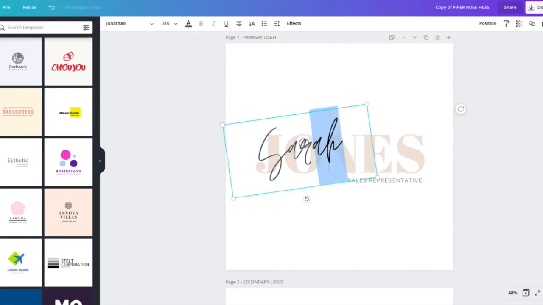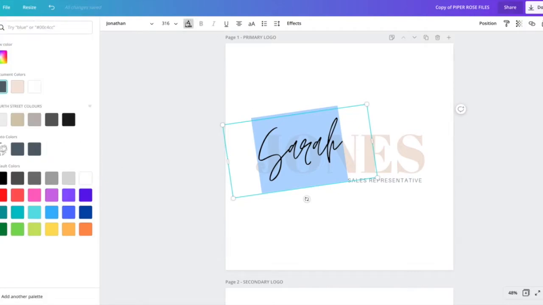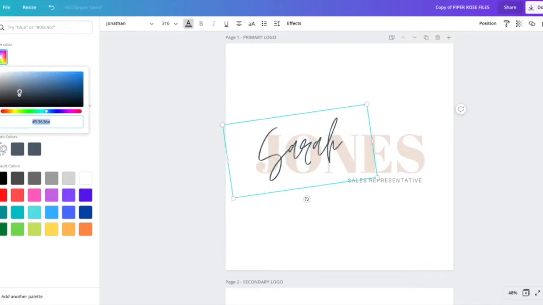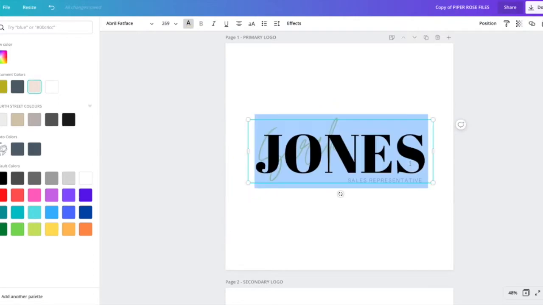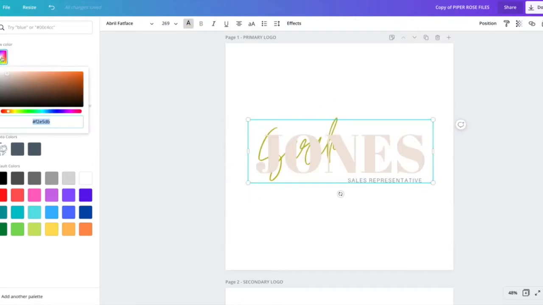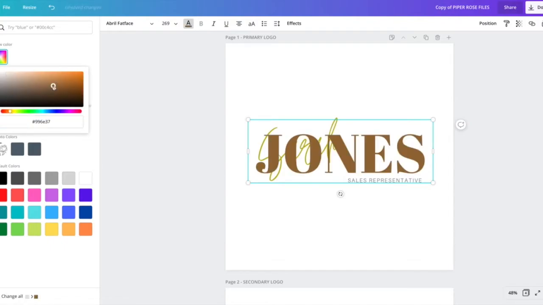Once you have your brand colors picked out, or if you already do, or if you want to play around with the color, you just head over to the color panel and then start playing around. You can either go to new color here and slide this up and down to all the different colors and choose a color that you like. And then you're going to want to change the background color to match. Because I chose this mustard color, I think I'm going to go with an earthy